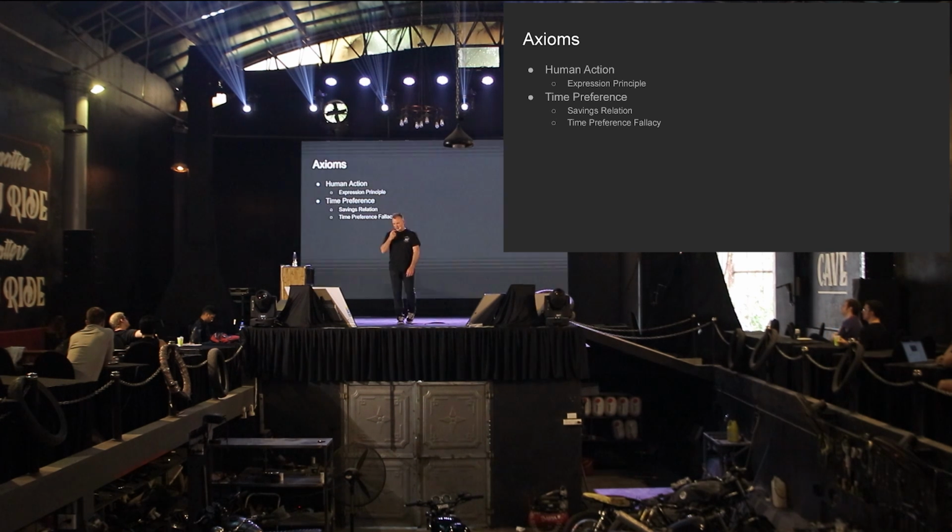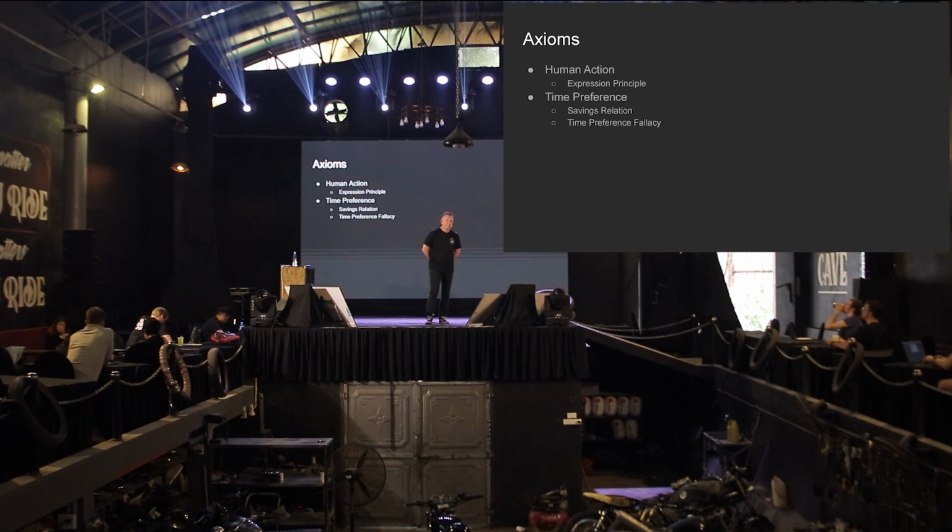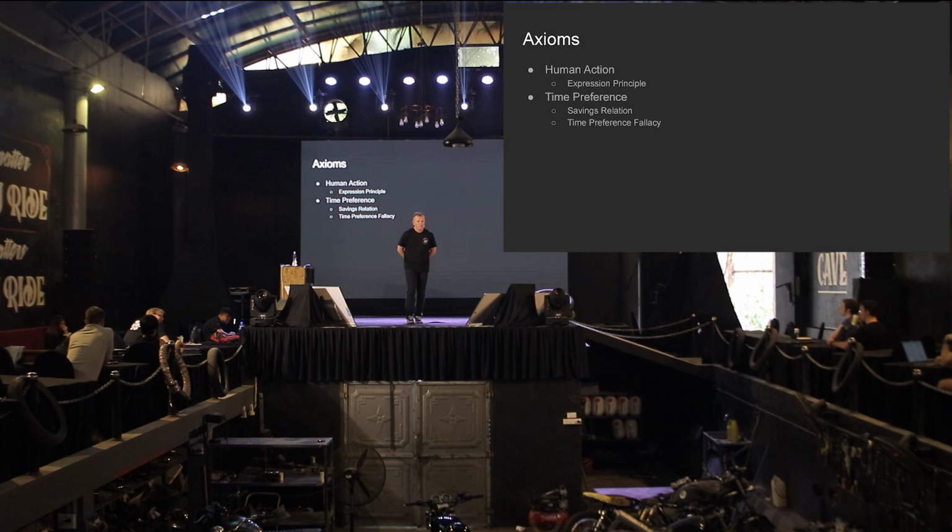Okay, time preference is the other axiom, the action, time preference axiom, I think is what Wikipedia calls it. And this is so commonly misunderstood and misrepresented that I have a good amount of topics on it. But time preference is the idea that it's an assumption, you can't prove it, right? But it's an assumption based on observation. You find it useful, so you base this economic theory on it, that people prefer things now more than they prefer them later. Very simple idea.